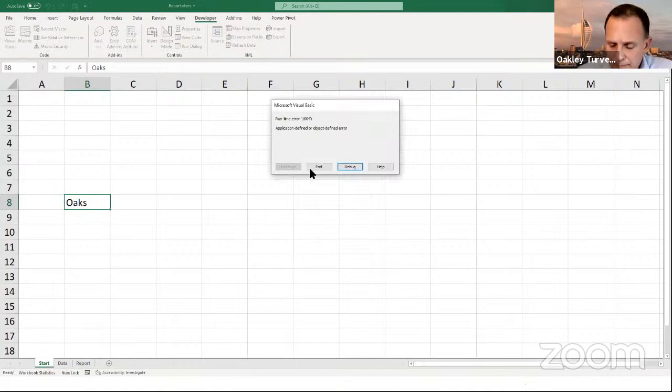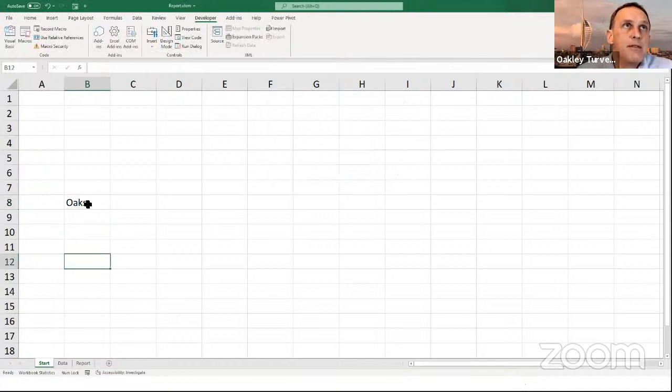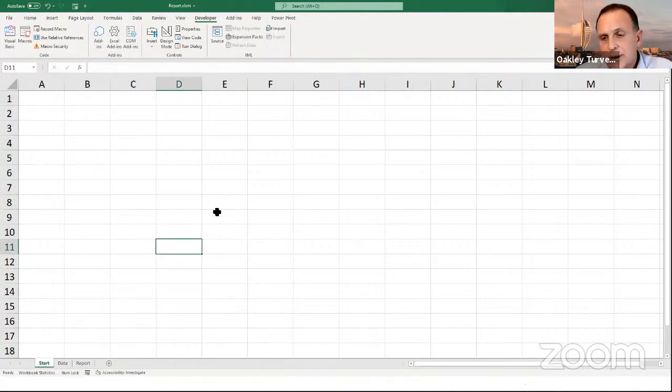it doesn't like it. Now the reason it doesn't like it is because it wanted to go up 1 and across to the left 2, and that pushes it off the sheet. So I'm going to stop that. This is why macros generally record in absolute, so that when you're clicking to record the macro, you're clicking on stuff that's actually on the screen, so it's not going to break the code when it does come to run it.